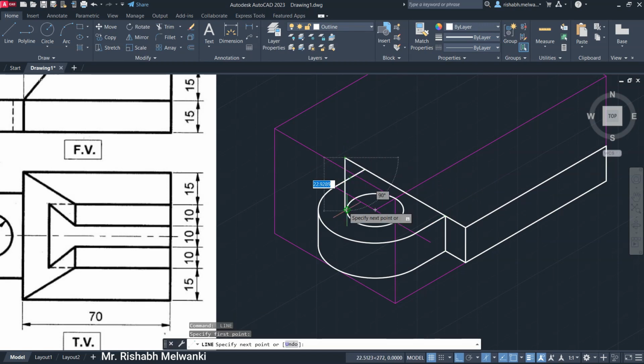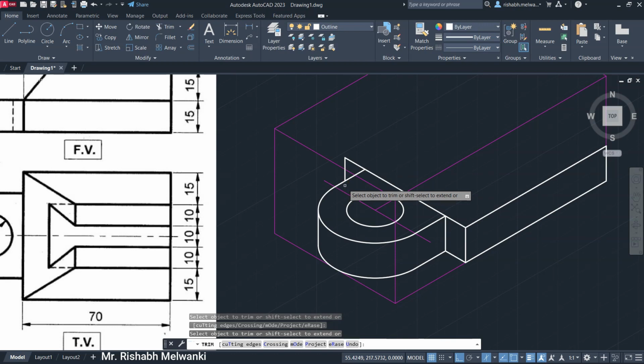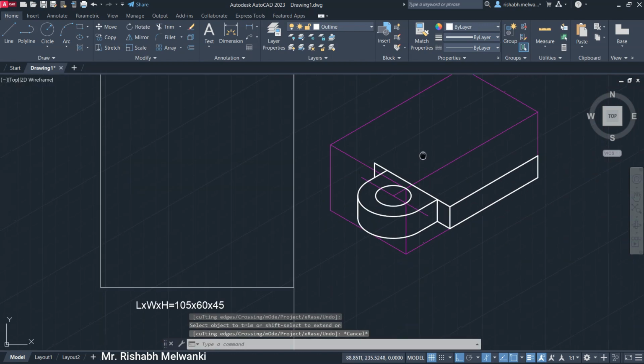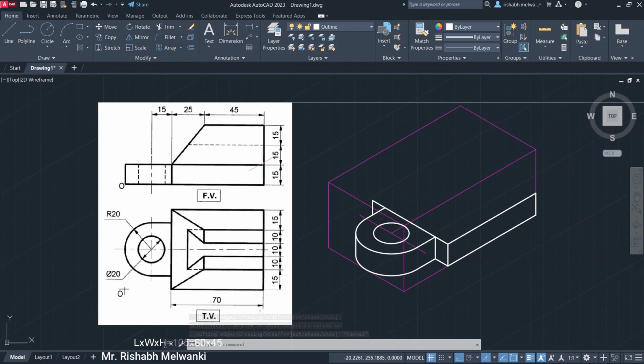Here this height is 15, so 15, enter. Trim the remaining part, TR double enter. Escape. Next, if we see the front view, here we can see from this point the height is 30 millimeter, then the length, if you trace this,